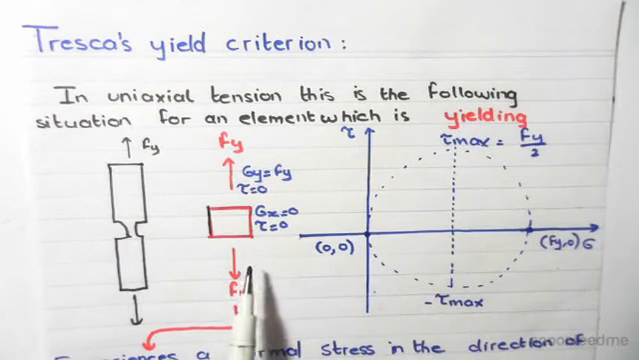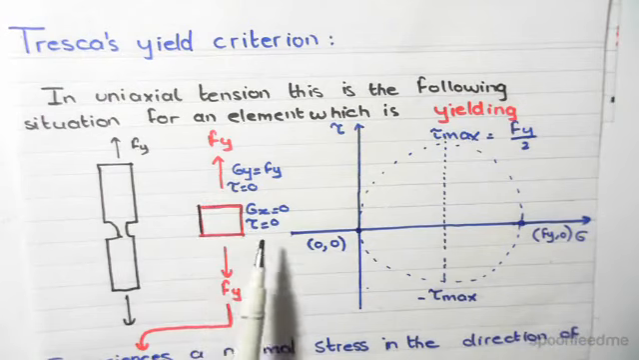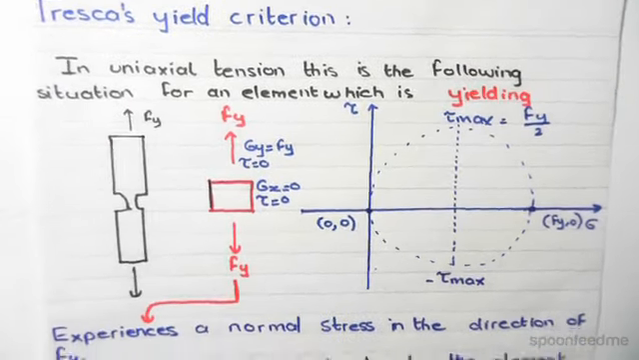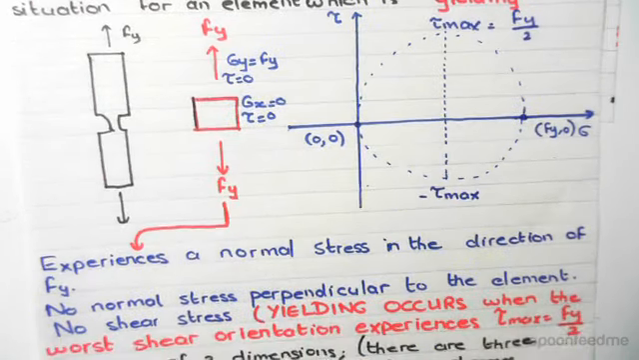Now looking at this, we only have vertical normal stresses Fy and no horizontal normal stresses. And we have shear stresses that are equal to 0. So the properties are